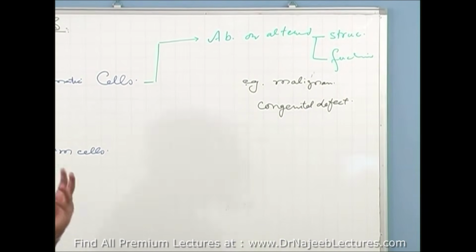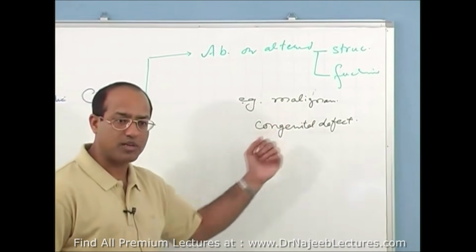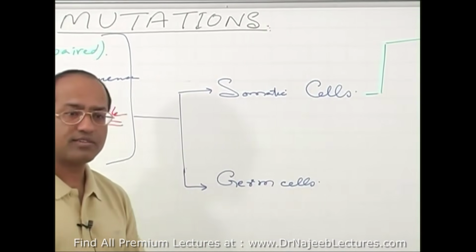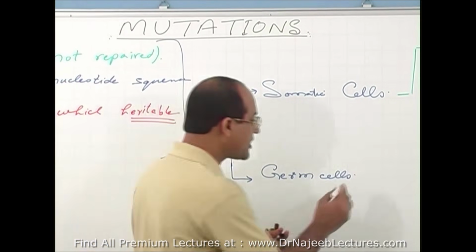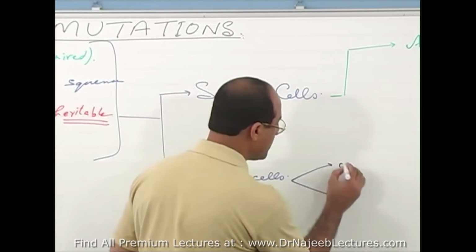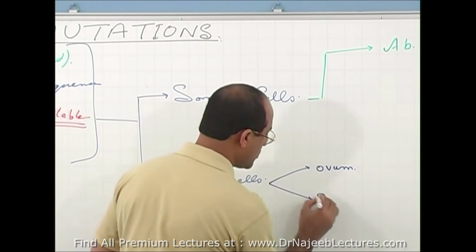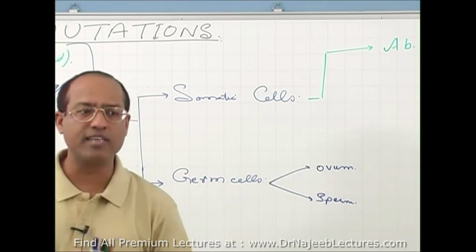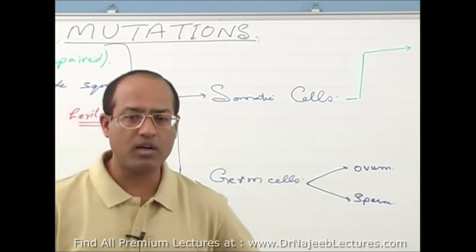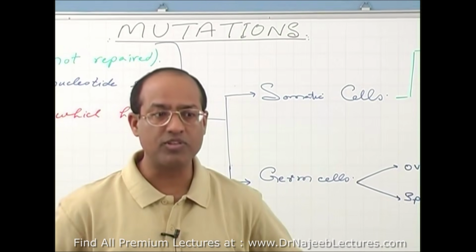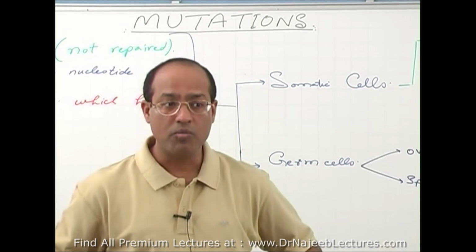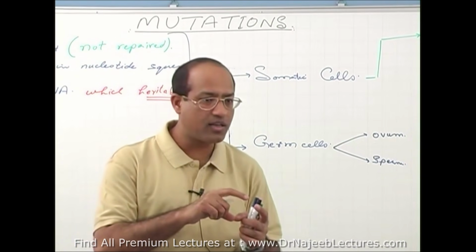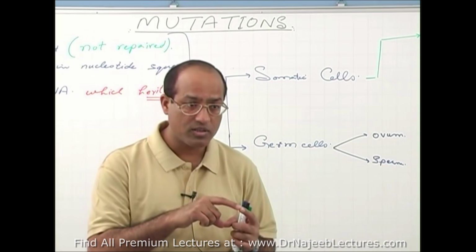For example, that mass may end up into neoplastic change and carcinoma, right? Then we can talk about mutations in germ cells. For example, such a problem may occur in the ovum, or it may occur in the sperm, the genetic material of the sperm. Naturally, if a man is carrying sperms and the genetic material of one of the sperms is mutant, that person may not suffer himself. But if that sperm with mutant genetic material participates in formation of a zygote, right, and